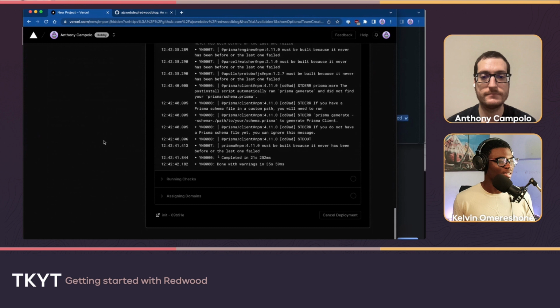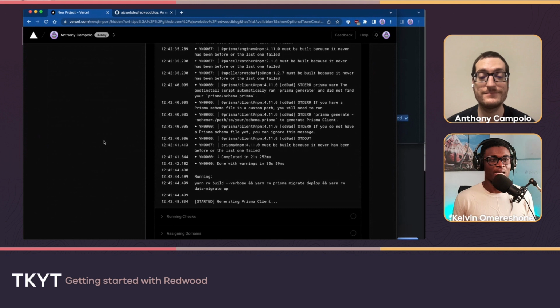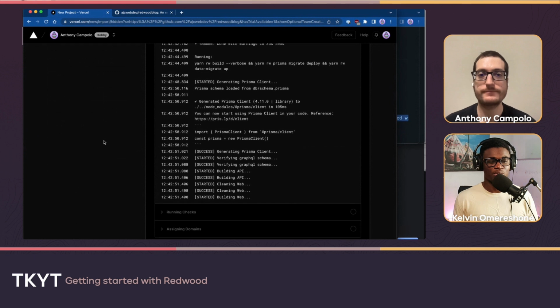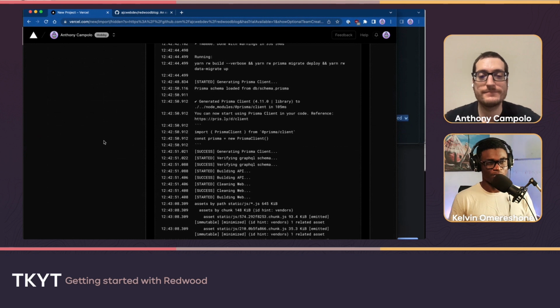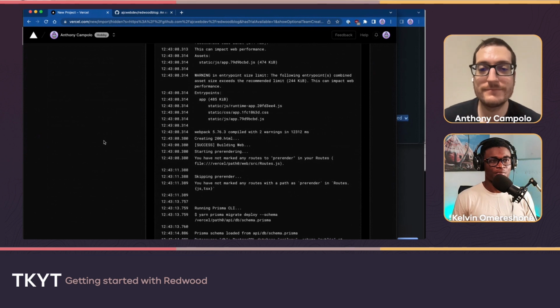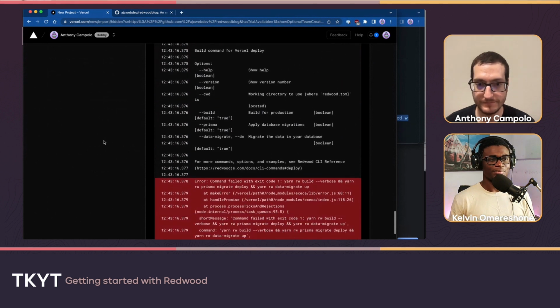I could just keep saying similarities and why we would always need a full stack framework as opposed to trying to piece things together with something like maybe Next or Nuxt, where they are good for what they do. But at the end of the day, if you're going to build a full stack application, you're going to deploy it, you're going to need auth, you're going to need a lot of stuff, you're going to need tests. Most people ignore tests, but having a framework that really pushes you to test or gives you the base level of testing is great. And yeah, so I feel Redwood is checking all those boxes for me. It's really, really nice.